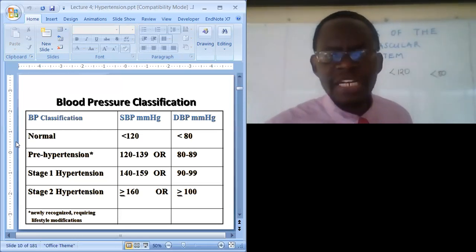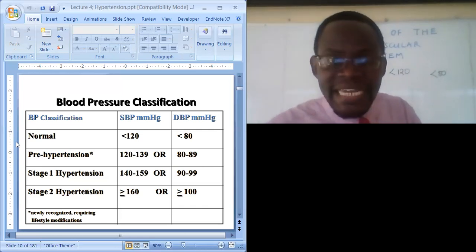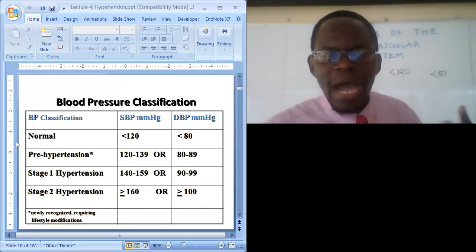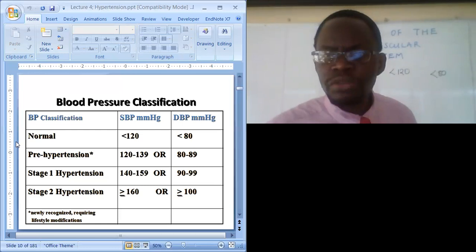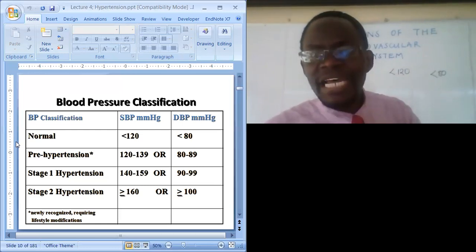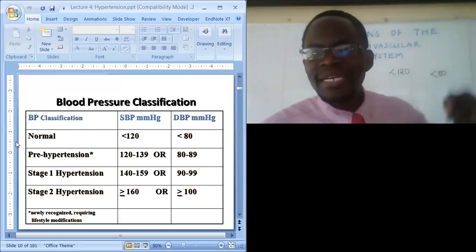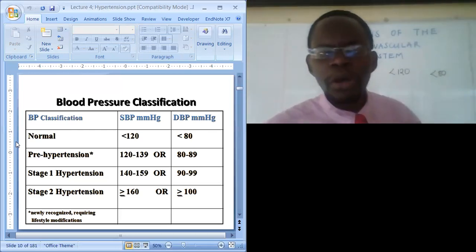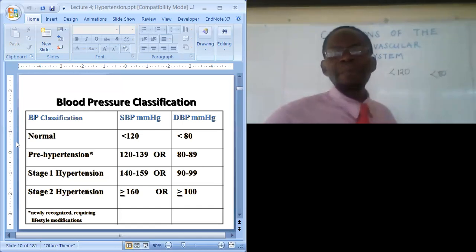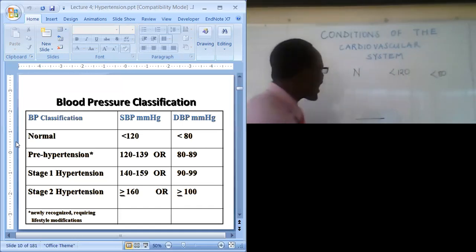They don't have hypertension. However, they may need lifestyle modification and education so that their blood pressure does not exceed those figures. Now, a patient with pre-hypertension